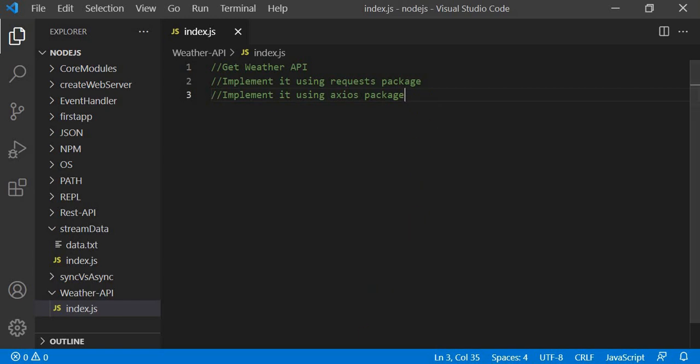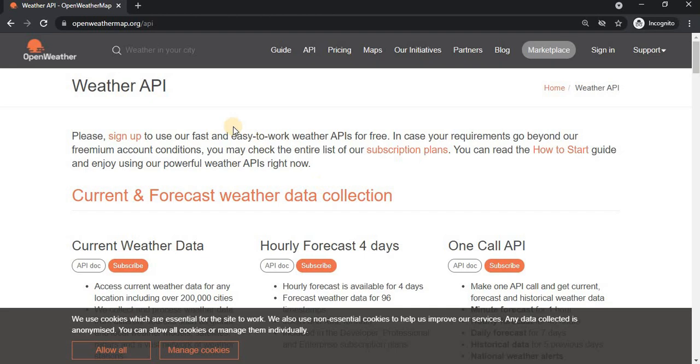Now guys, I will open my browser. Yes guys, this is the website where we can get a weather API free of cost. Here is the URL, openweathermap.org. What it needs is just your account. Firstly, you have to create your account, which is also totally free. You can enter just your details, like name and email, and then you can create an API key. It is totally free. So now what I have to do is go to sign in,